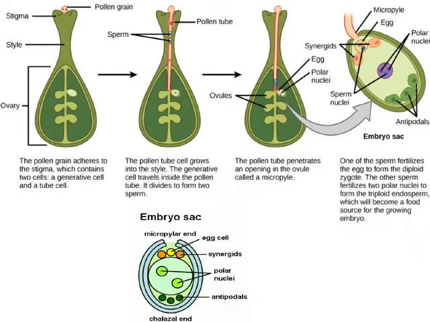Now this pollen tube passes through the hollow style. This is the style, which is hollow, and so the pollen tube containing the sperm cells or male gametes can easily pass through the style. After reaching the ovary, they break the wall of the ovary and finally they enter the embryo sac.